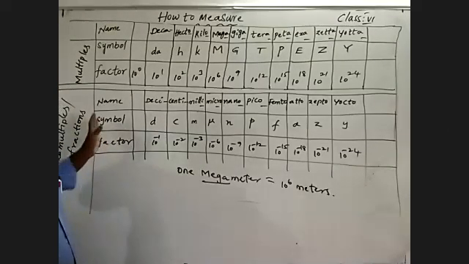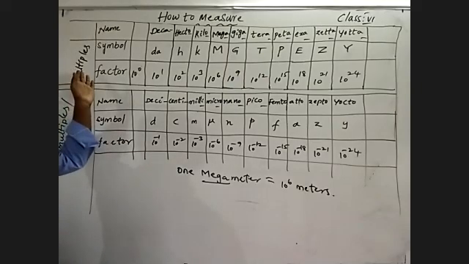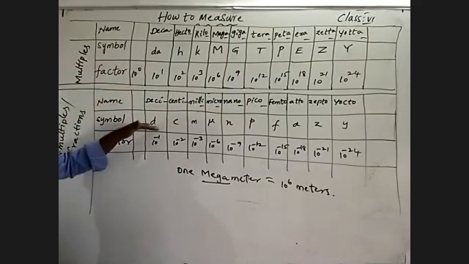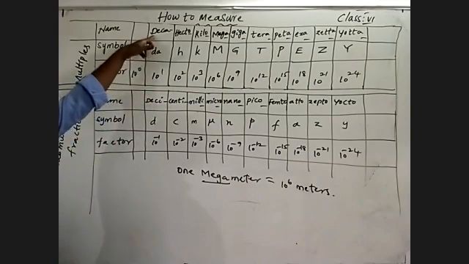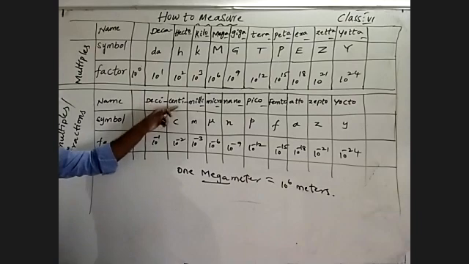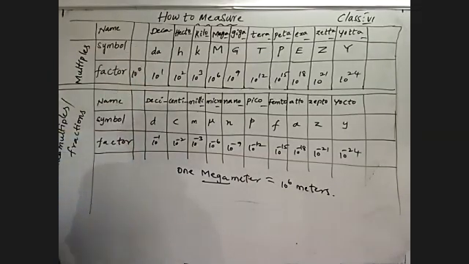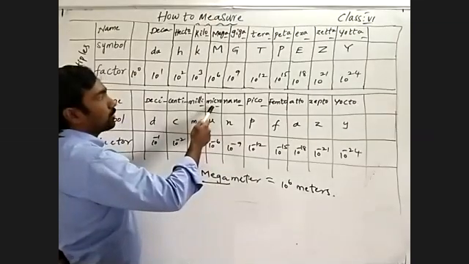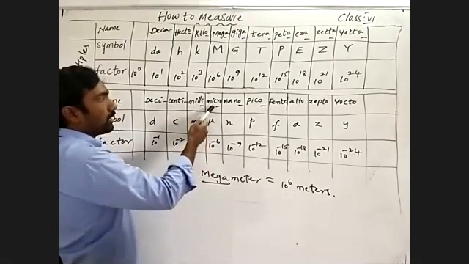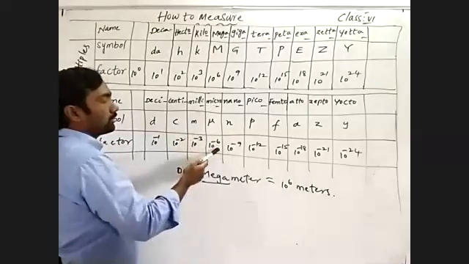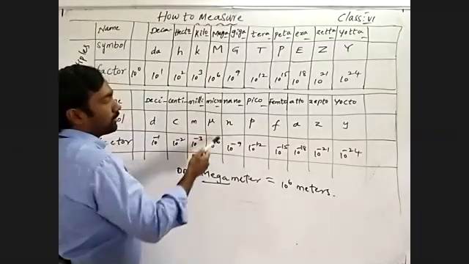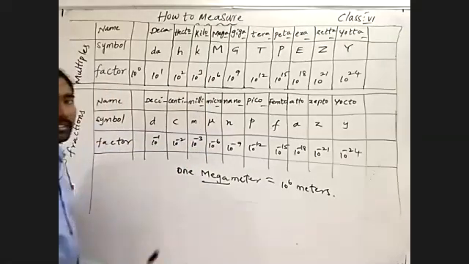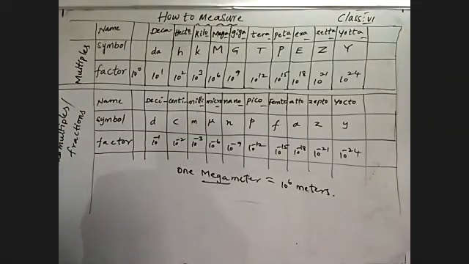Understand? And same as submultiples or fractions for the multiples, we wrote them again downside of those multiples. Deci is a submultiple for the deca, centi is a submultiple for the hecto, that is, a fraction for the hecto. Now see micro. The factor for micro is 10 to the power of minus 6. So micro is a submultiple for mega. How are we converting?